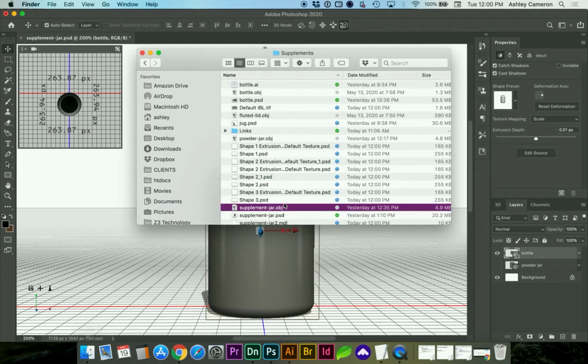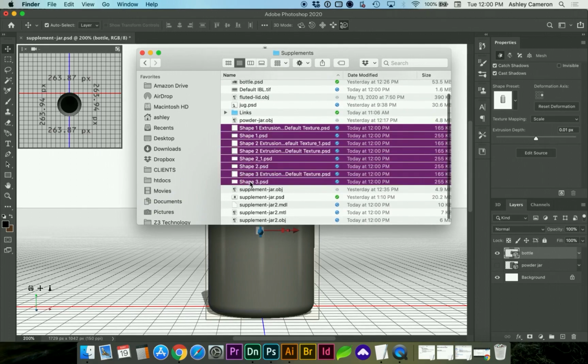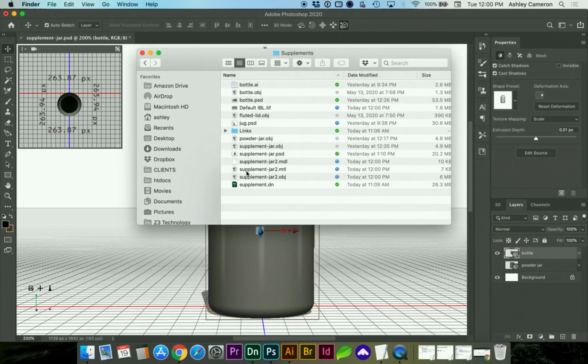So here are a bunch of the layers it's saved. I don't need those in this instance. The only file I really need out of that is the .obj,